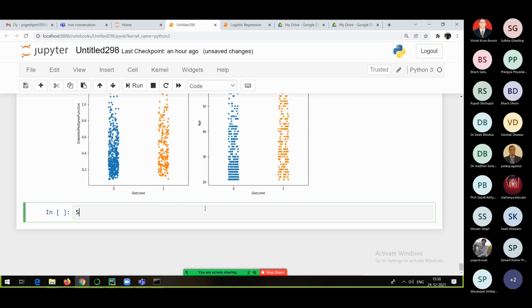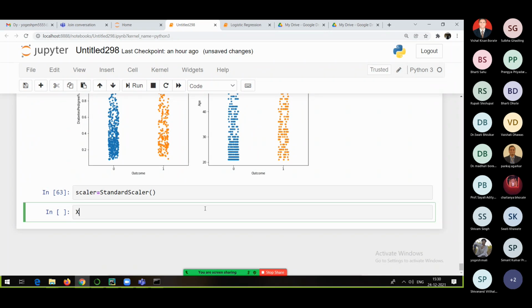And now the next thing, everyone, what I will do is directly call StandardScaler. As usual, I will create an object of this, the way we created in linear regression. So scalar is equal to StandardScaler(). Then I will create a variable X_scale equal to scalar.fit_transform. What do we want to transform? All the input data, and it will standardize my data.